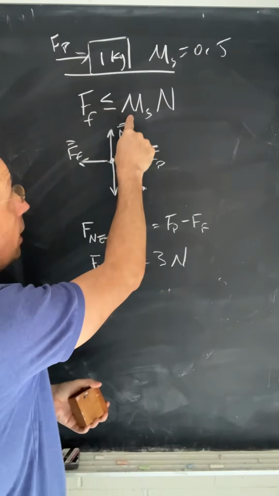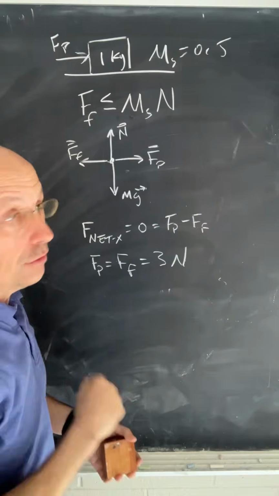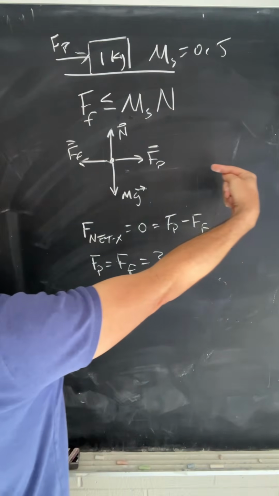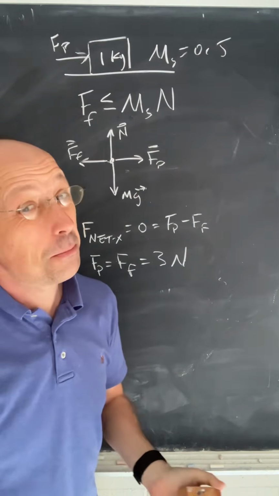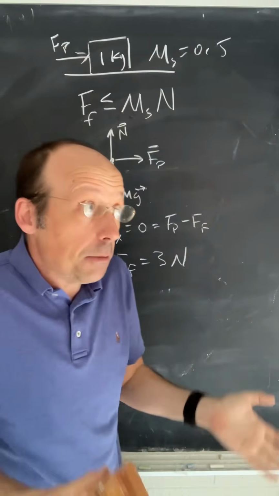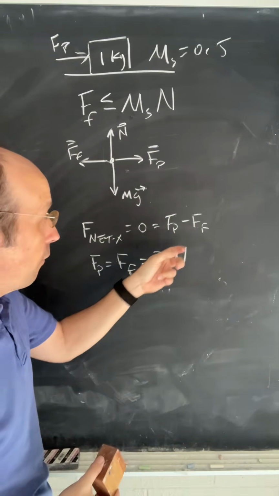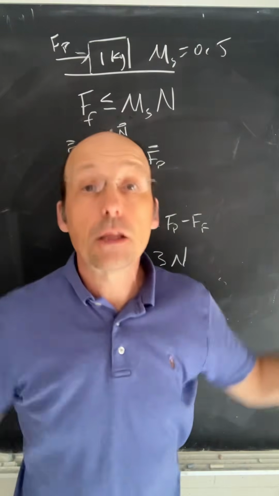So if you put in 0.5 and a normal force of 10, you get 5 newtons. But that would mean that the friction force would be pushing back that way 5 newtons and it would move back. So instead, it's going to be less than that. It's going to be whatever it needs to make the thing not move. So the net force is 0. So the frictional force has to be equal to the push in this case. So be careful with